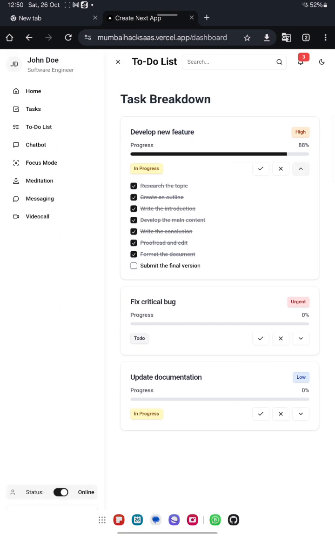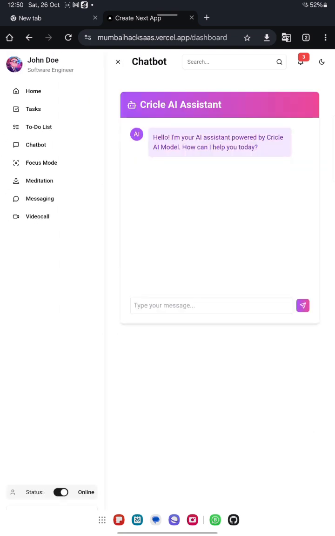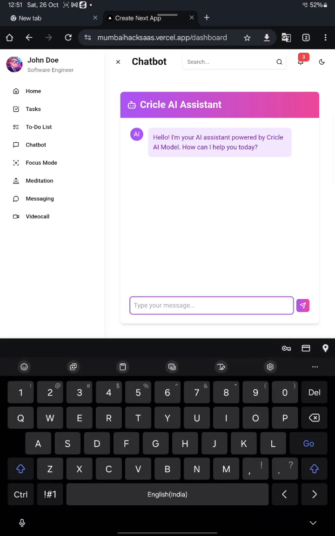And then we also have a chatbot. Why a chatbot? Because various organizations don't allow employees to use ChatGPT or other models, because there is a risk of leaking the company's data. That's why we made our own chat model, which helps employees with daily office work, such as writing emails. For example, I will write a request in front of you.